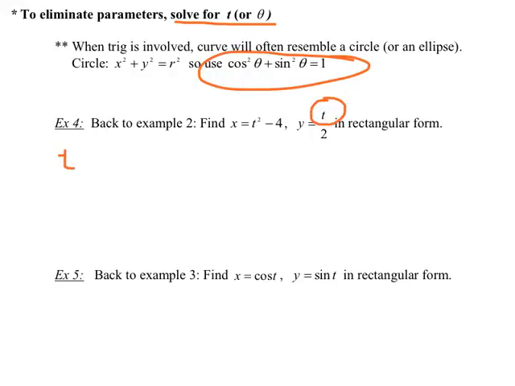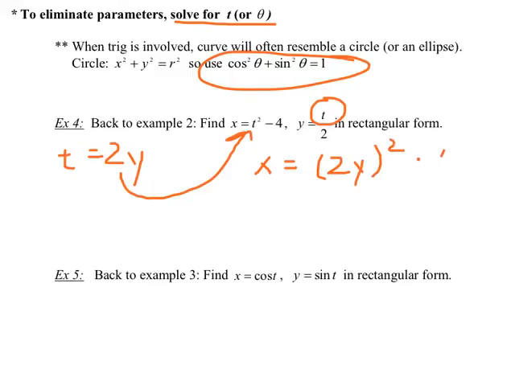Okay, so I would say that t was 2y, and then I can make that substitution in for t in this other equation, and I have x equals 2y quantity squared minus 4, or x equals 4y squared minus 4. Okay, if you guys look back at your example 2, what we graphed, you'll recognize this parabola that was opening